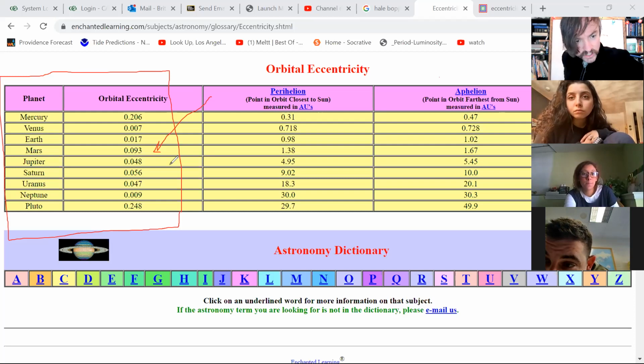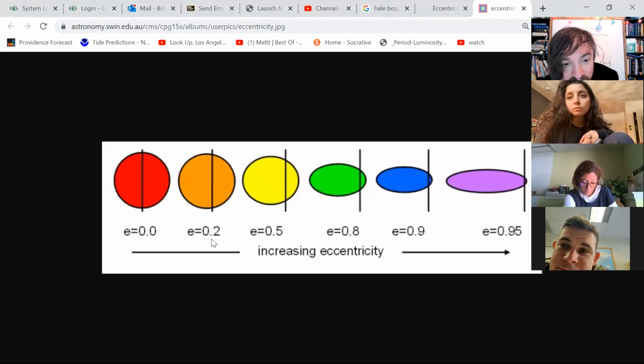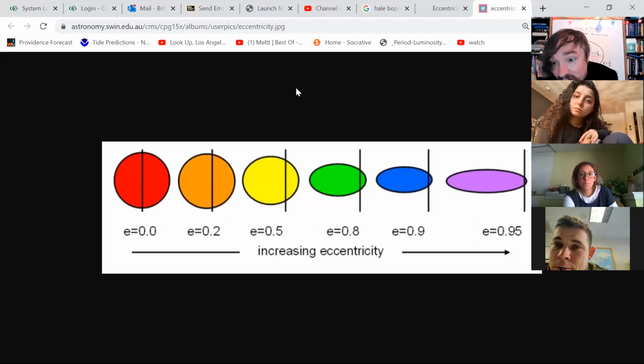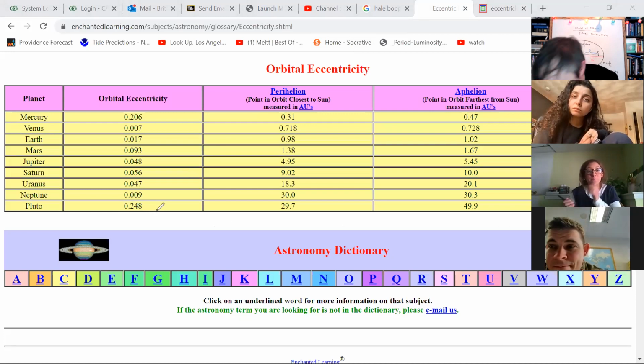Are the planetary orbits cigar-shaped according to this? Well, this is 0.05, 0.06, 0.09. Earth's orbit is 0.02. You're telling me that's cigar-shaped? Look. What do you notice about an orbit that is 0.2 eccentric? Does that look cigar-shaped to you? Not really. Even at 20% eccentricity, you still look like a circle, right? Okay, Jenna, so what's my point? What was the question? Oh, sorry.